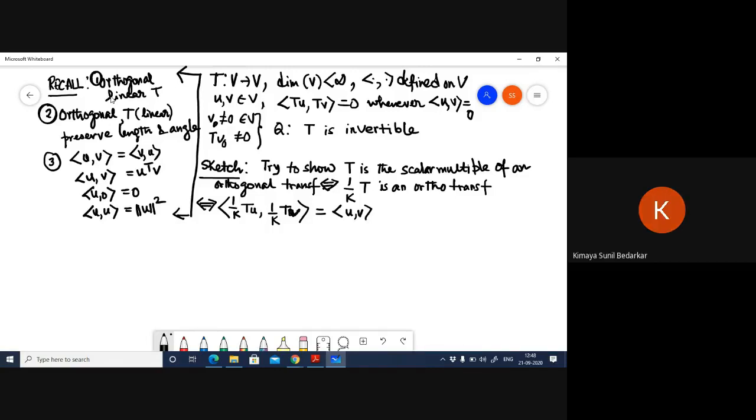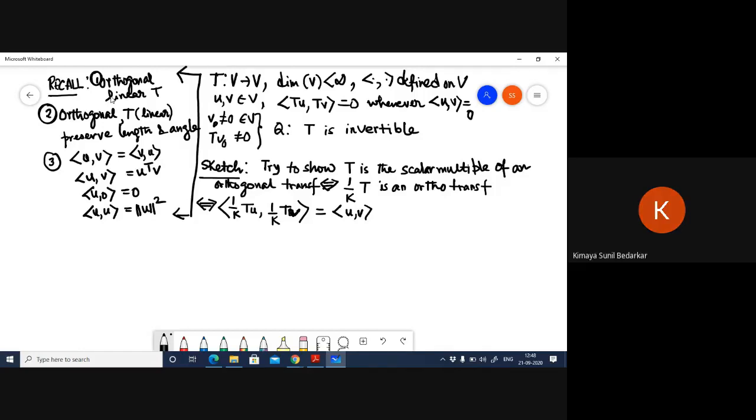Just one more thing. When did we define what is an orthogonal linear transform and what is meant by an invertible transform? I think I've missed it. In the SVD lecture, the singular value decomposition lecture. Okay, I will look that up. Thank you. In that SVD lecture, I also proved that orthogonal transformations preserve length and angle, and that an orthogonal linear transformation satisfies the property that the inner product of TU and TV is equal to the inner product of U and V. So all of that was done in the singular value decomposition lecture.